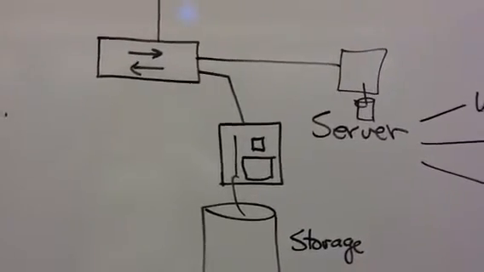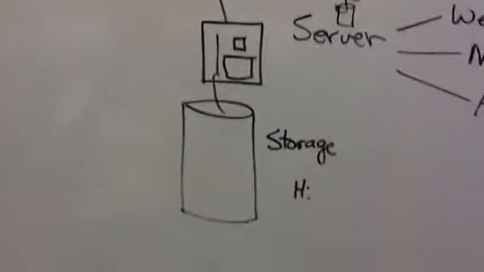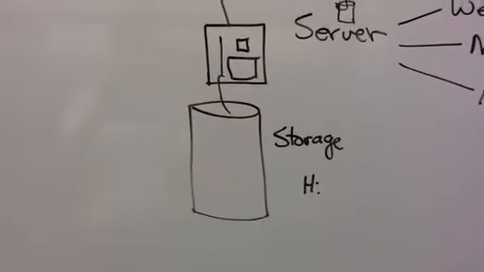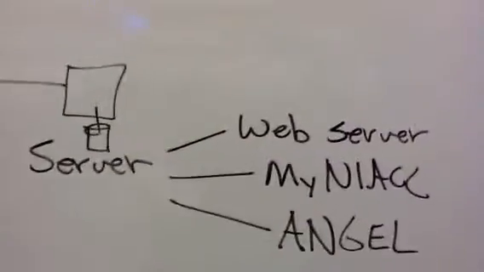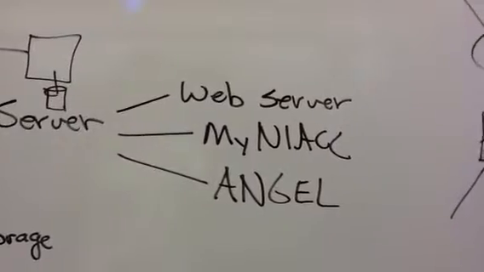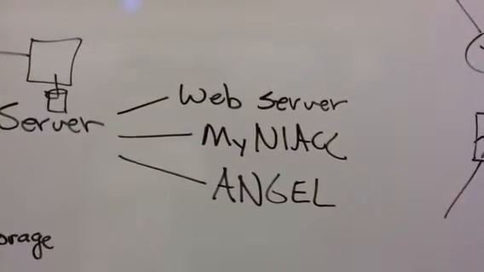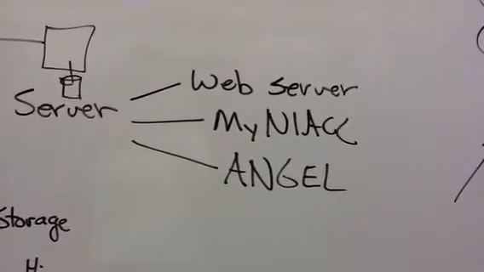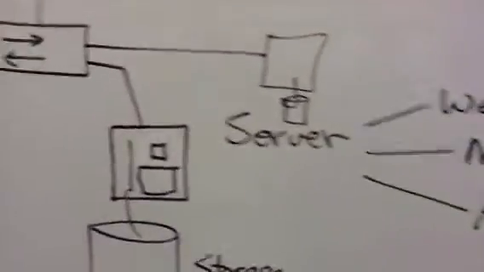And then we talked about servers. We have data servers, which we store information on, like the H drive and other things. And then we have other types of servers that we can access also, like the web server here at NIACC, or My NIACC on the web server, or Angel are the ones we use. When we communicate with the network out,